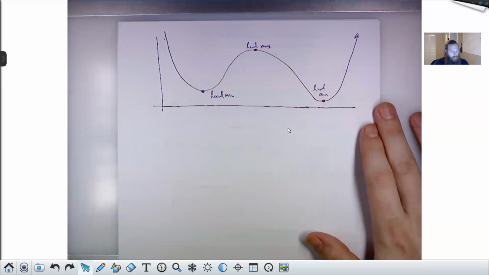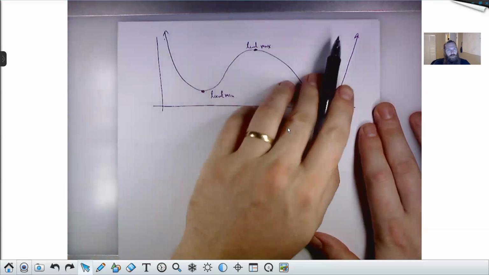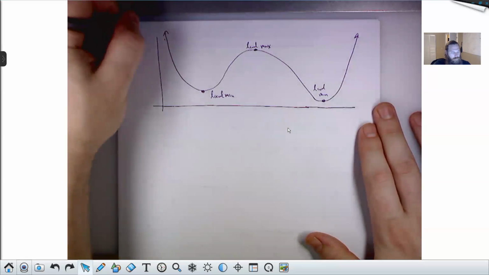Now, there is no absolute max here because these arrows on either side indicate that the graph of the function